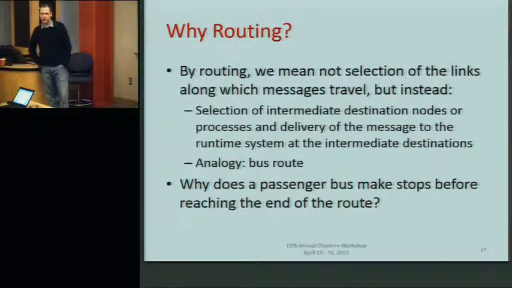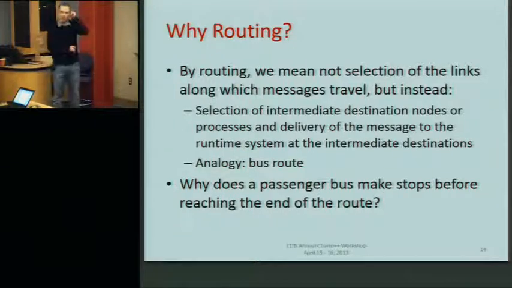So the question then is, why does the bus stop along the way? I mean, why don't buses just go in between two destinations back and forth? It's a silly question in some ways, but when you map this problem back to a communication framework on a parallel system, it's something that's actually done very often. We are sending tiny units of communication, and we're not really considering the opportunities of combining them into larger units.